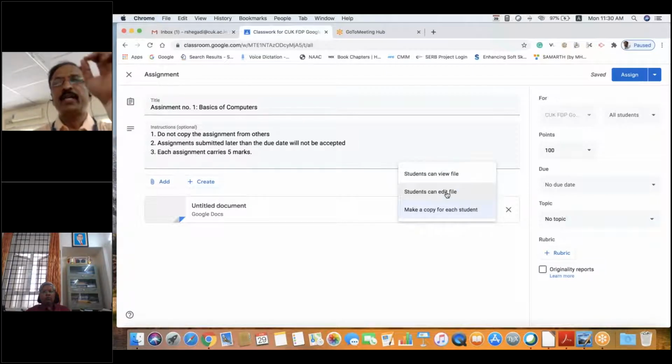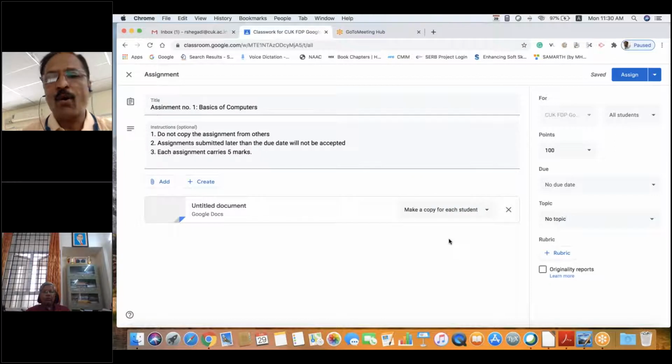In this menu you have 2 options. By default you are getting student can edit file. When I give student can edit file, all the students can edit the same file. I don't want all the students to edit the same file. I want every student to submit the assignment separately. In such case, you have to click on make a copy for each student.